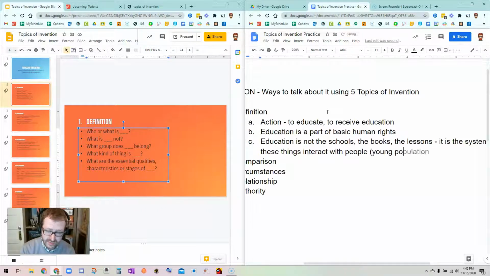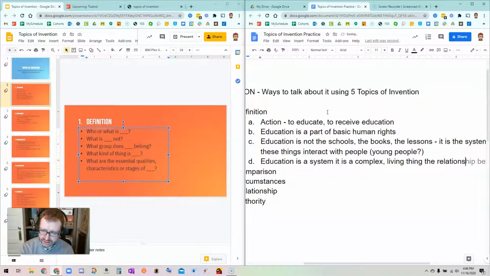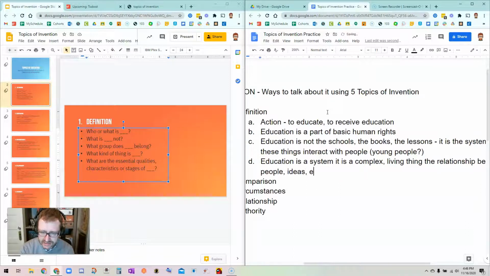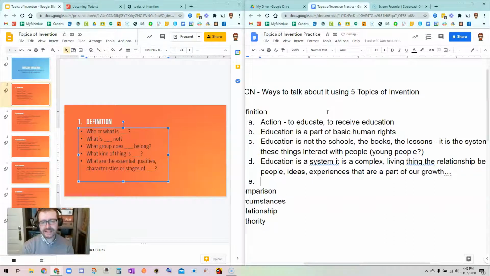So is it young people? Maybe do I need to talk about how education is continuing? So then I kind of just said education is a system. It is a complex, almost living thing that is the relationship between people, ideas, experiences that are part of our growth. I don't know, I'm sort of making this up here, but as I'm writing my essay,